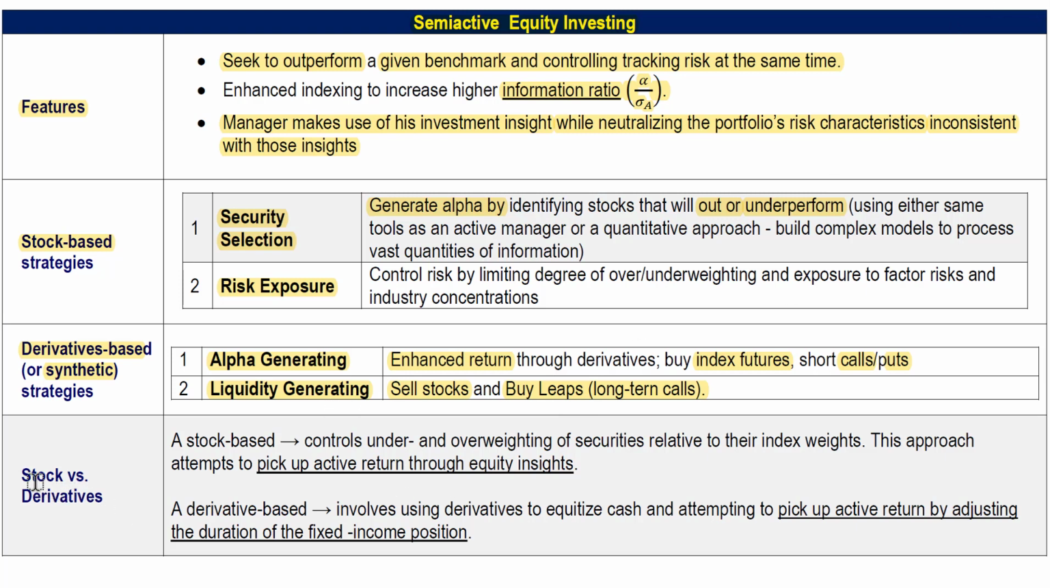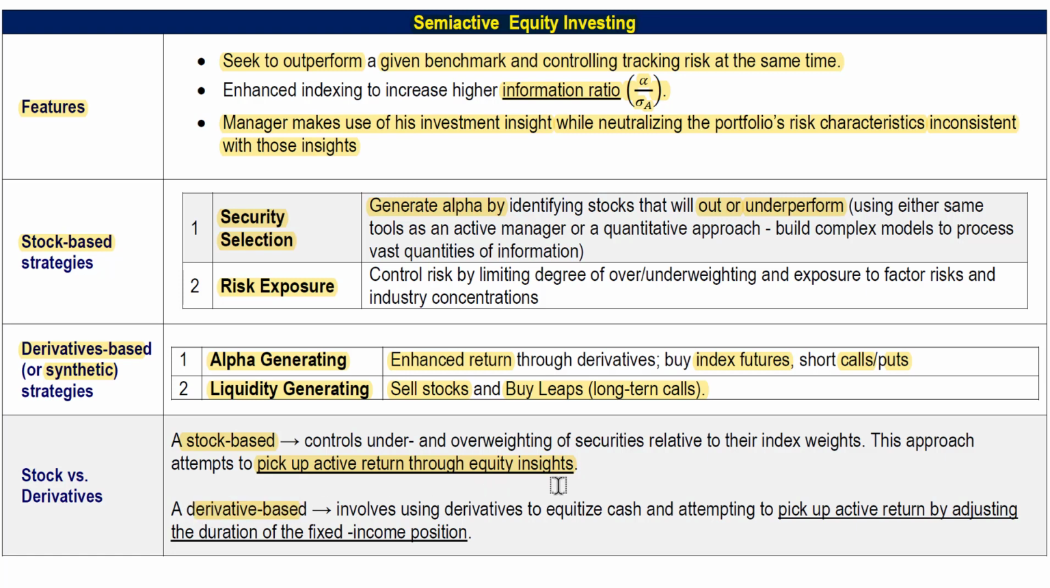Now, let's just summarize here. The two approaches: the stock-based approach, which is security selection, is going to generate alpha. You control the undervalued or underperforming and overperforming securities, and then you can pick up the active return through your equity insight. Whereas the